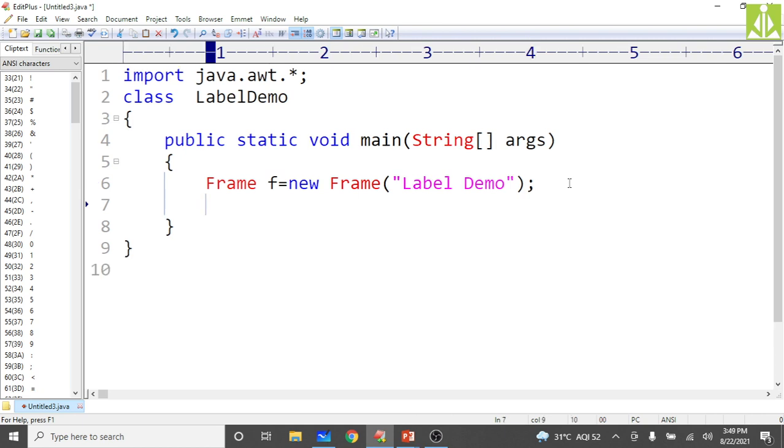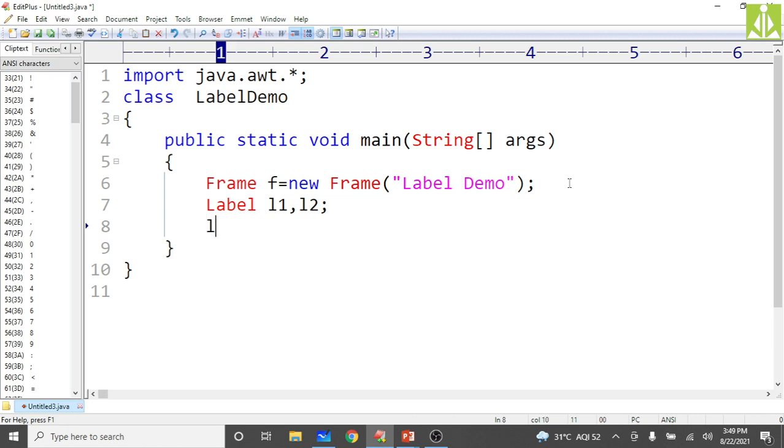Then create the labels. First you create the label instances, then you instantiate them, because we need to call different methods on this label. First of all, label 1 comma label 2, two labels I am creating because I want to print two messages.